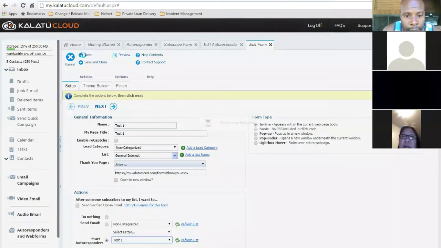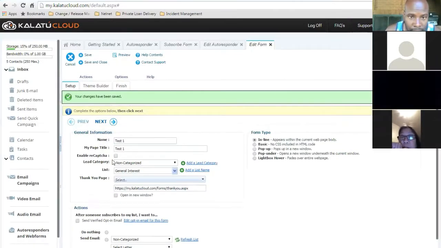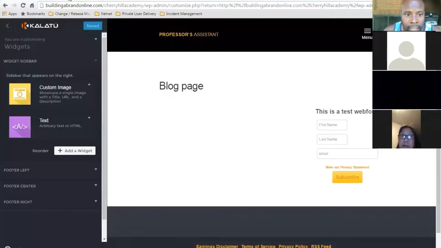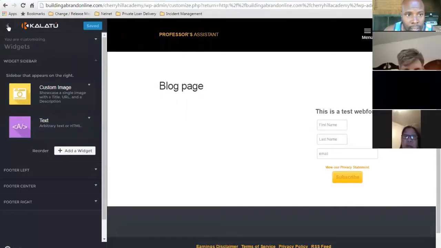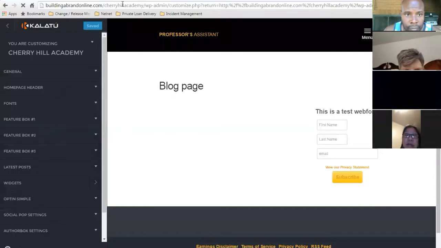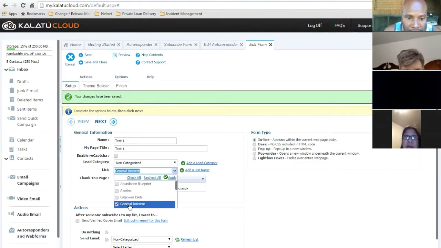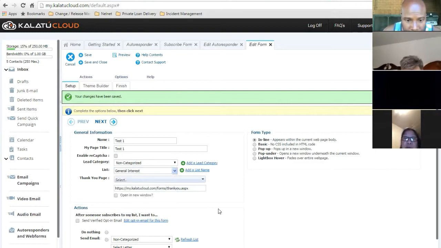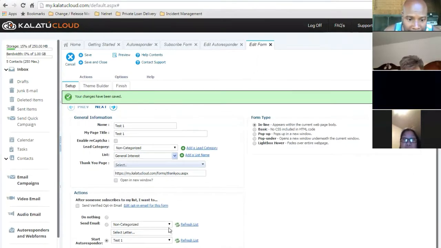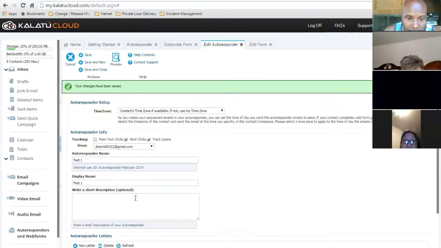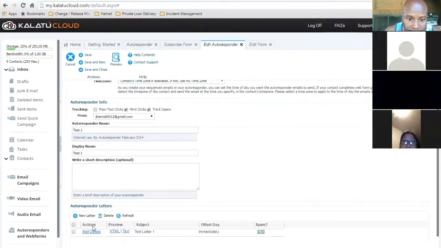I went through and created a web form, which is still this web form here. I went back to my blog, used the widgets, and added that web form into the blog as a widget. Then, to make sure that once someone puts in their information it gets captured, it goes into this general interest list. After it does that, it's going to start this autoresponder. This autoresponder sends out this letter,